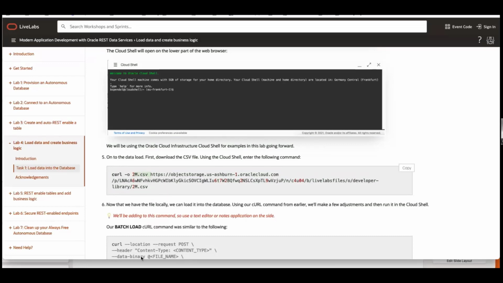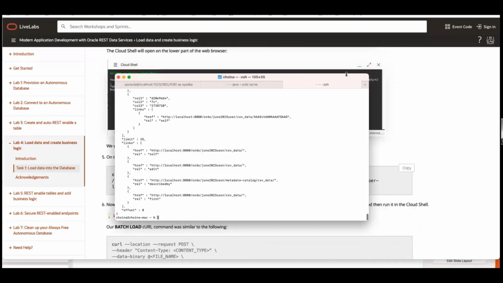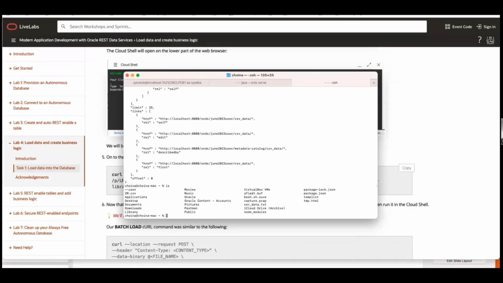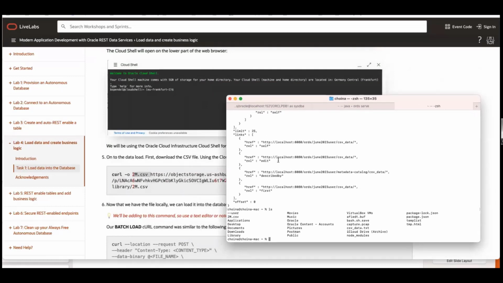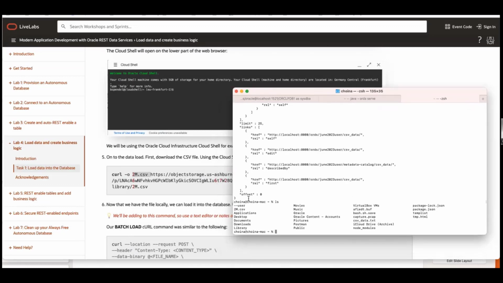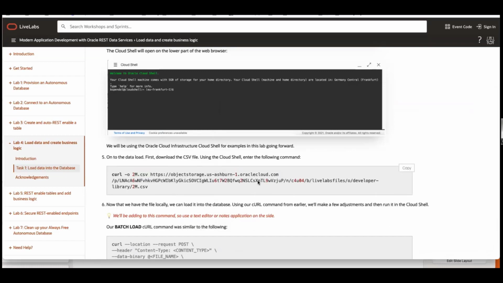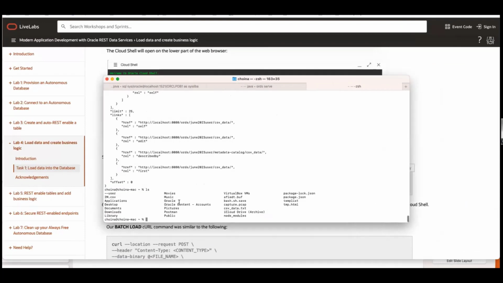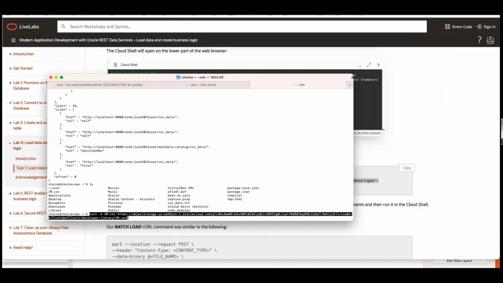So for me, I think I'm just in the main directory here, but you can cd to wherever you want. You're going to take this curl command here. All right, copy that. And then we're just getting the CSV right now. We're not doing any batch loading yet. So you can put it into your